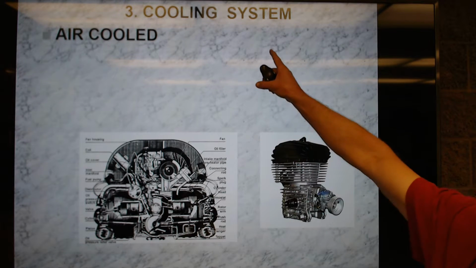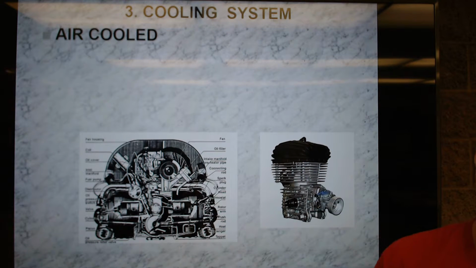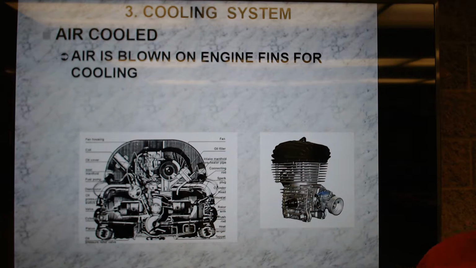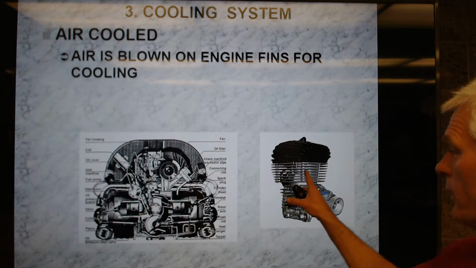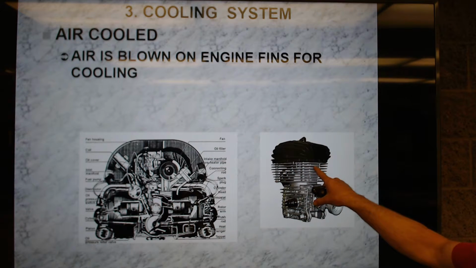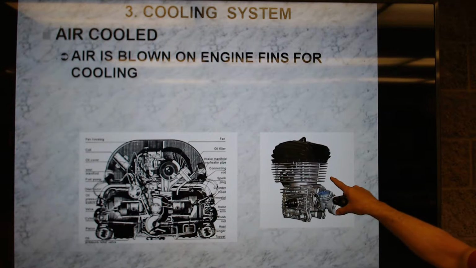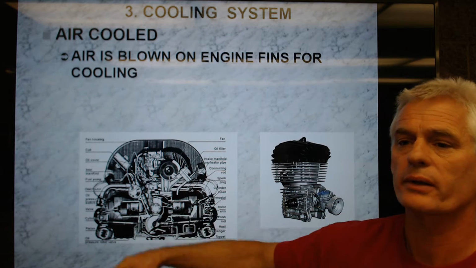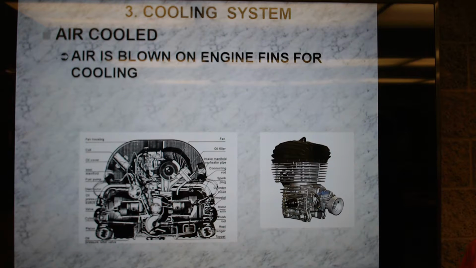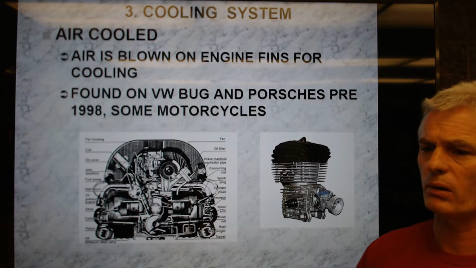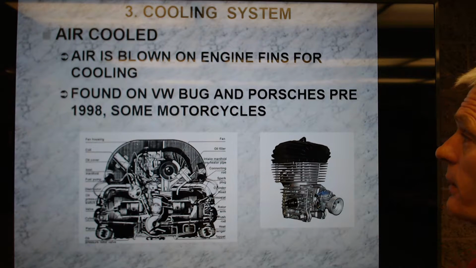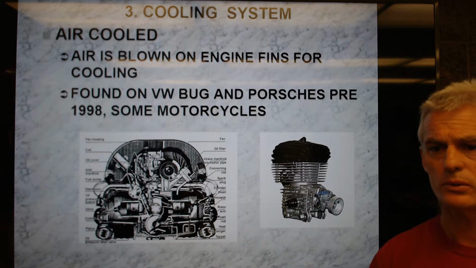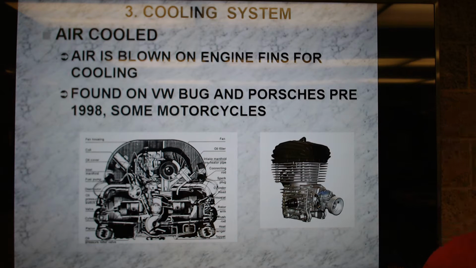Another way of classifying engines is by cooling system, and air-cooled engines are where we blew air over these fins, these sort of horizontally running metal pieces we call fins, these running vertical here, these running vertical here. So this would be an air-cooled engine. This was Volkswagen, Porsche, Corvair. And many motorcycles for that matter, they were almost all air-cooled up until the federal government outlawed them